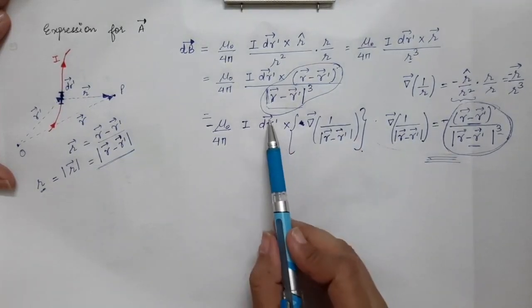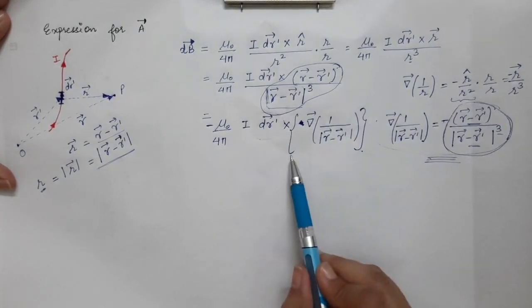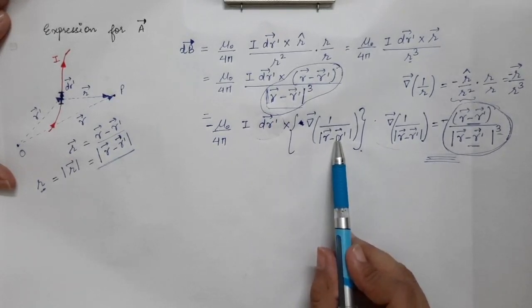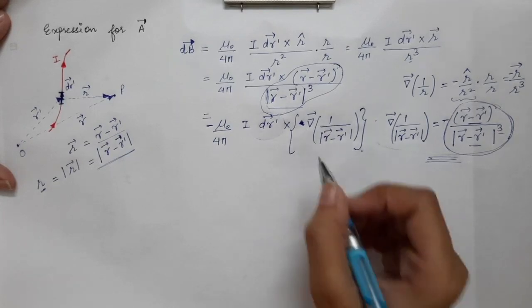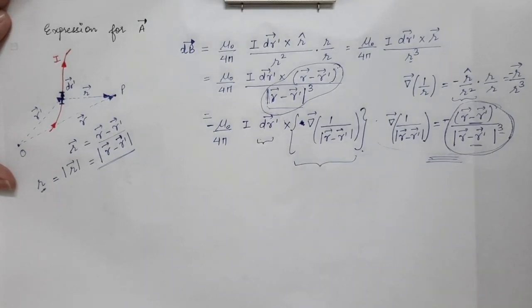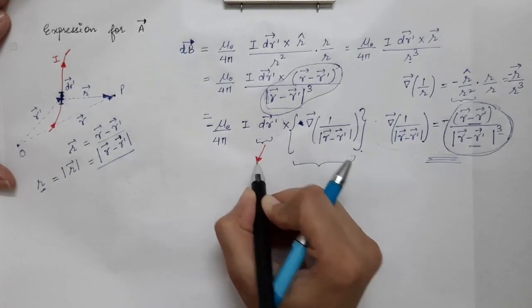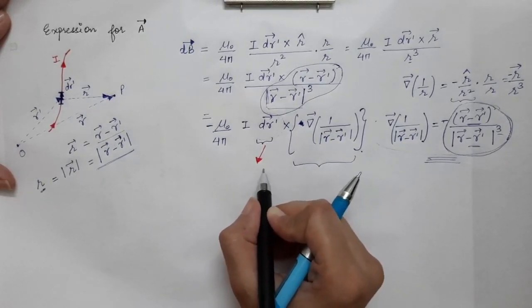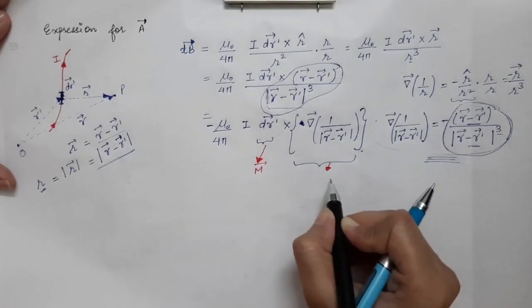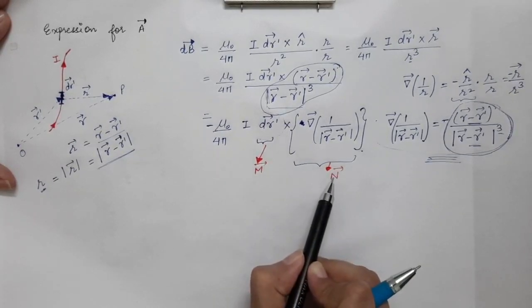Now over here dr prime vector is a vector quantity and we are doing its cross product with another vector. So the gradient of a scalar is always a vector quantity, as I have said. So the gradient of the scalar will be a vector. So this will be a vector quantity and this is also a vector quantity. So let's say this is any vector, so you can denote it by m vector, and this is another vector, so let's denote it by n vector. So you have m cross n vector.